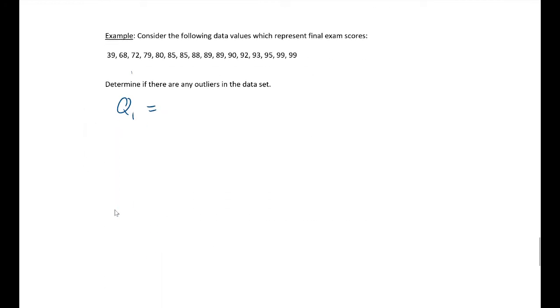Yep. Q1, if you recall, was 79.5. Q3 was 92.5. And our IQR, as we calculated earlier, was 13. Therefore, let's do a different color. Our outlier interval